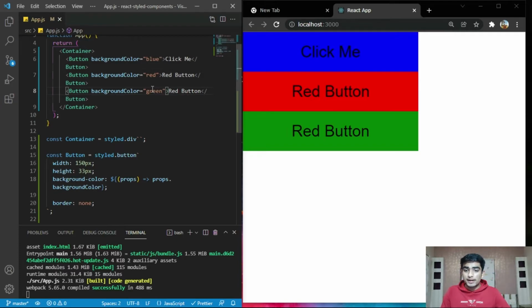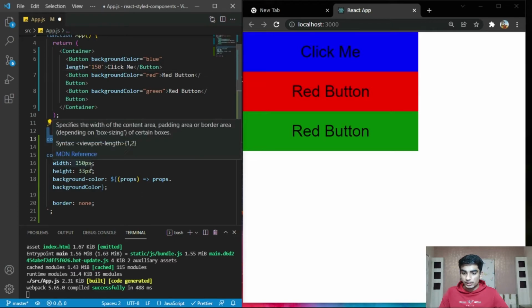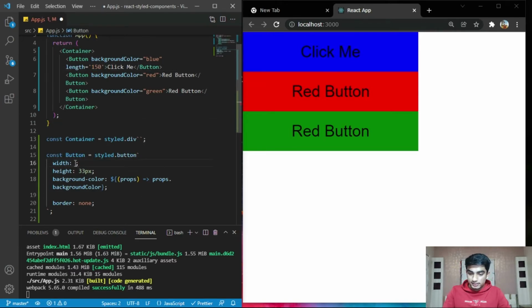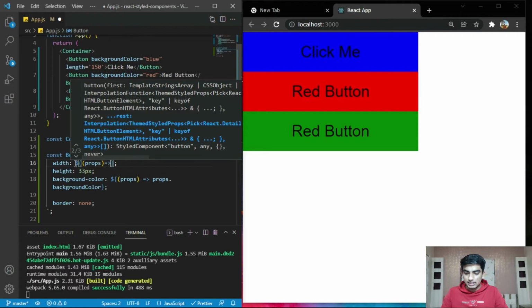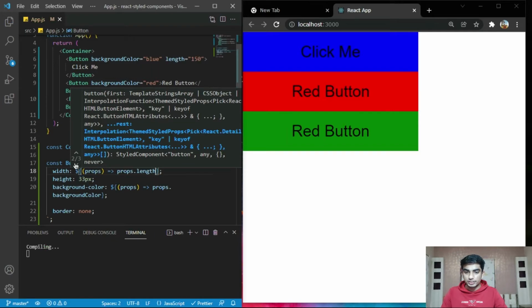Similarly, if you want to customize the width, type width, whatever tag name you want. Here I provide length, and I provide 150. Then you create a formatted string having a callback function with props as a parameter, and type props dot length, and save it.